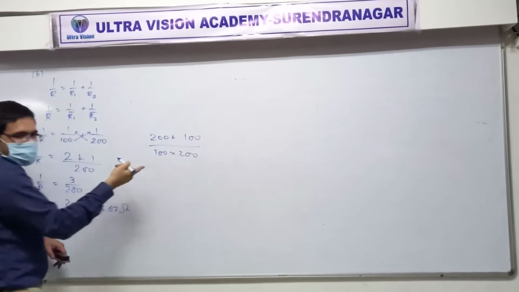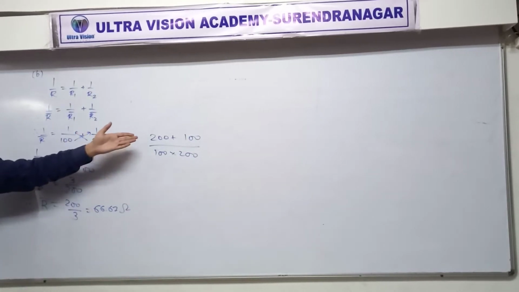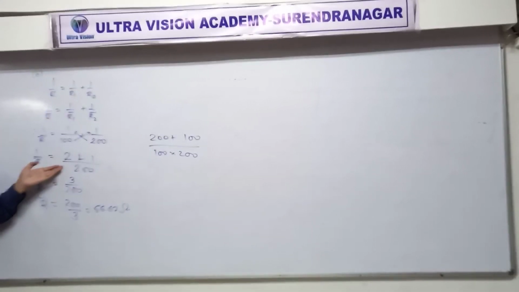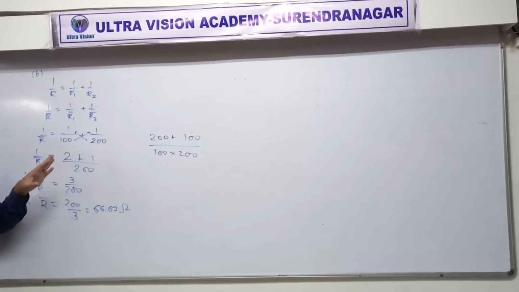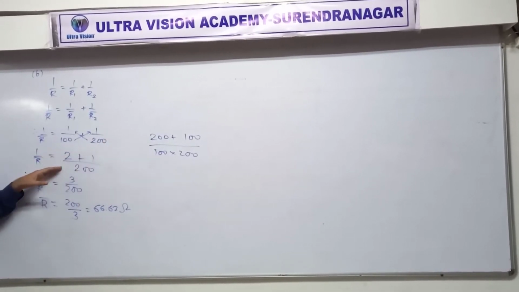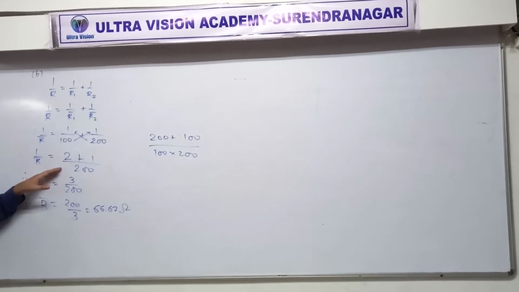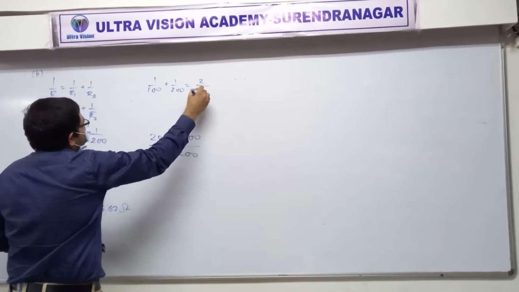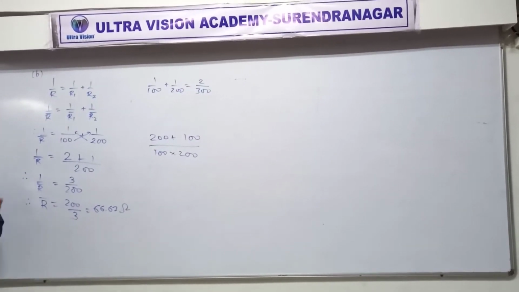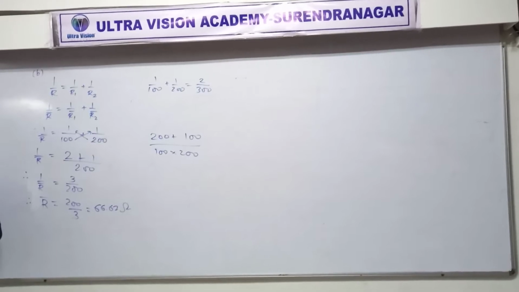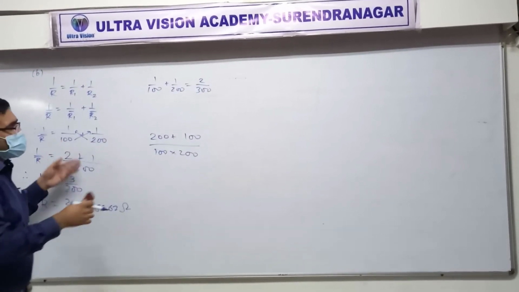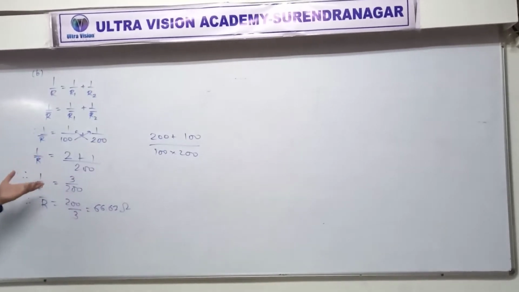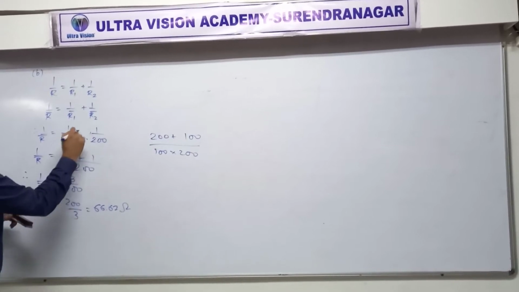This is what you would have done. So you get such big numbers, isn't it? 200, 100, 300. Here, it's very simple. Not that this is wrong, but this is much simpler if you can find the LCM of the given numbers. And please do not add fractions in some weird manner like this. Please don't do that. Be careful. I'm sure you have added fractions using the LCM earlier in your life.